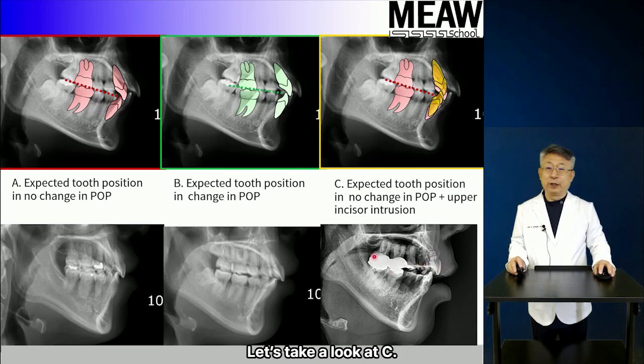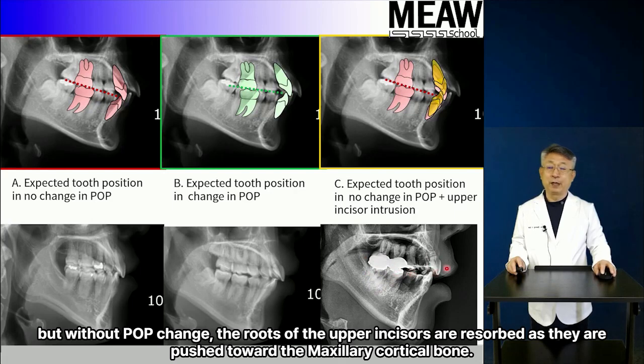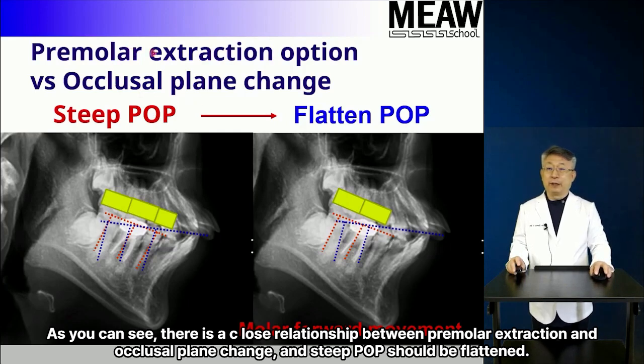Let's take a look at C. The treatment is much easier if the mesially angulated molars are uprighted and POP is flattened. But without POP change, the roots of the upper incisors are resorbed, as they are pushed toward the maxillary cortical bone. As you can see, there is a close relationship between premolar extraction and occlusal plane change, and steep POP